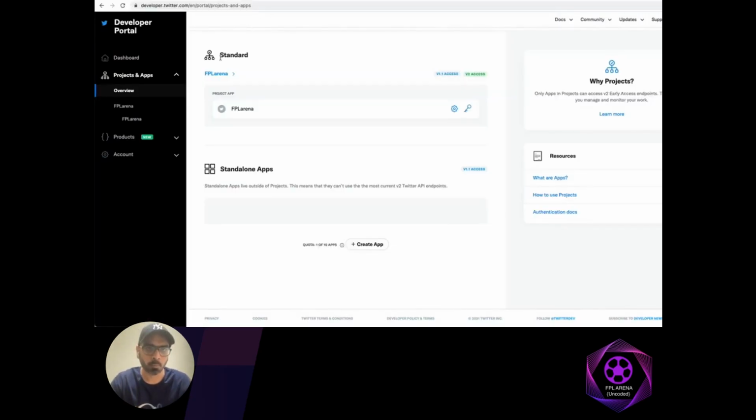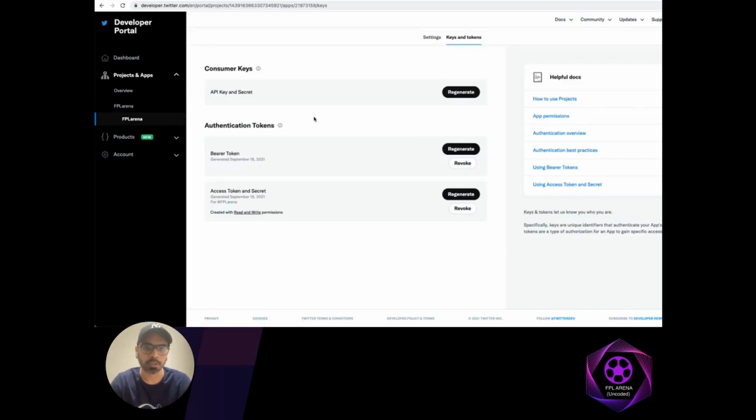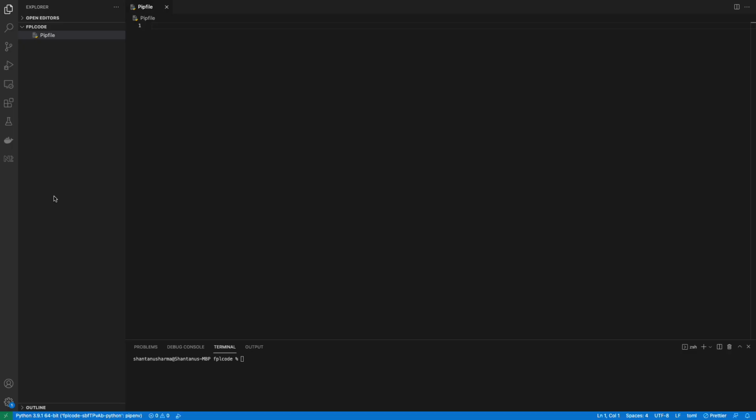This is the Twitter developer portal where you would be using your Twitter account and create keys and tokens, which we would then use in the Python program later. So you need to copy your access keys and tokens from here and then use them in the Python function next. So let's move on to our Python function, and to do so we would be first creating a folder